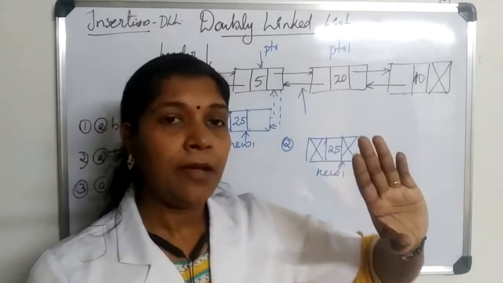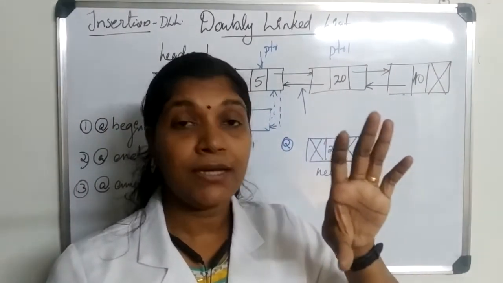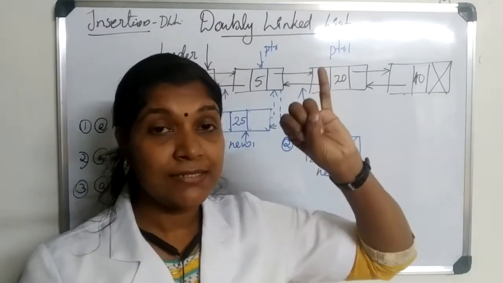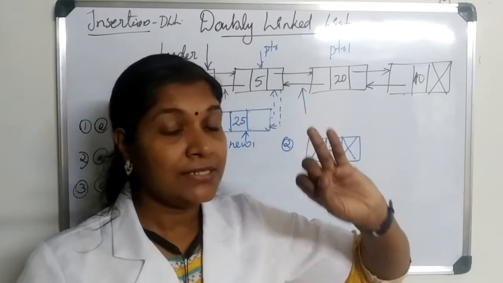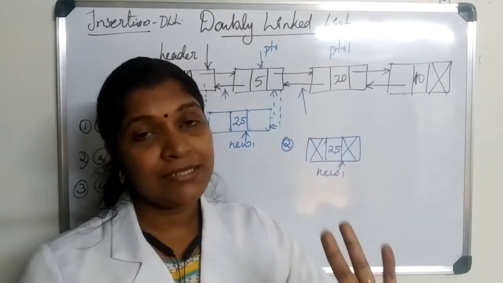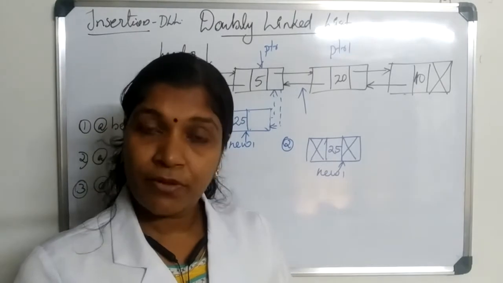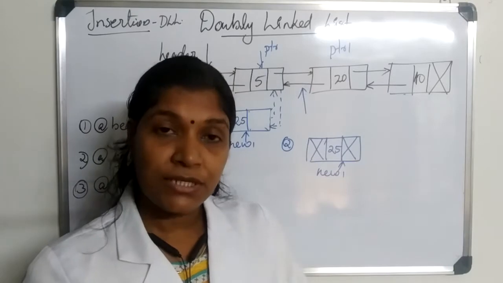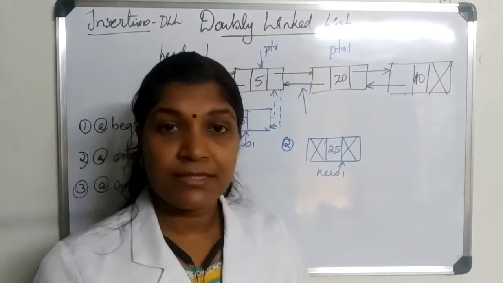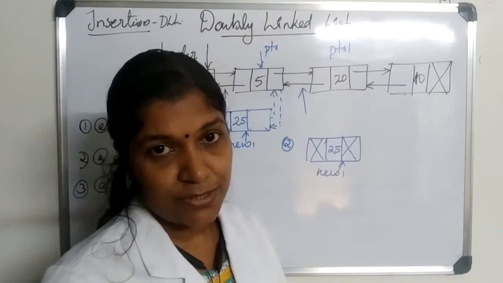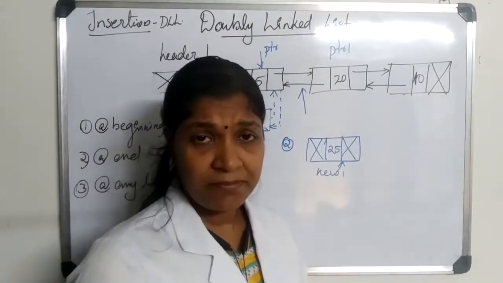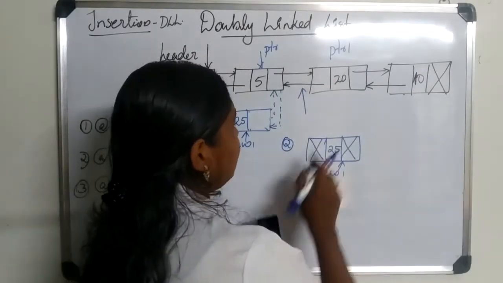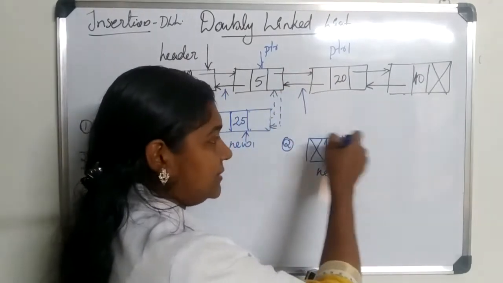The code for inserting a node into an empty linked list will be the same for all the three cases: insert at beginning, there is an empty case; insert at any location, there is an empty case; and insert at end also. If you are performing insertion at end into an empty linked list, the code for insertion of a node into an empty linked list is common for all these three cases. This was the same method we adopted in our single linked list also. In this case, I am not drawing these lines.